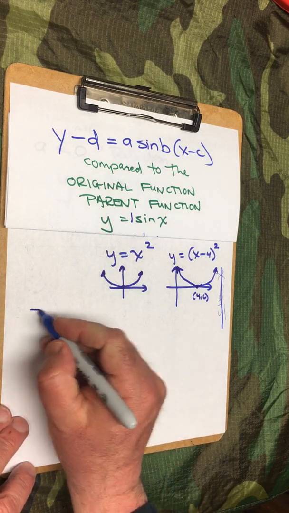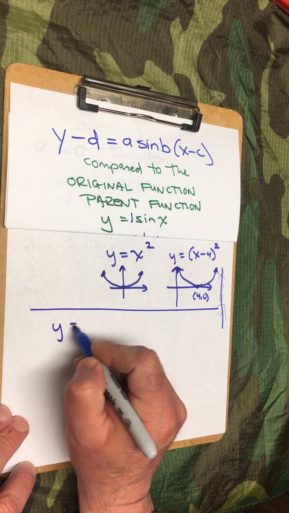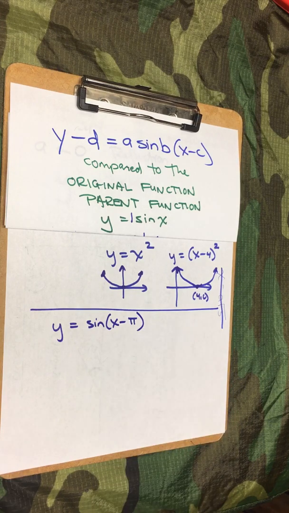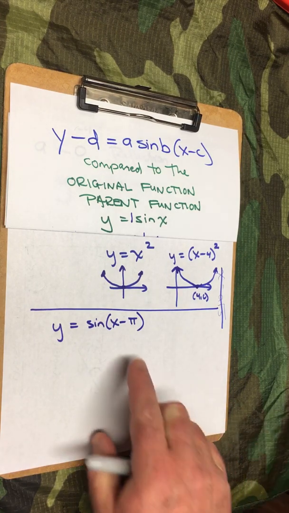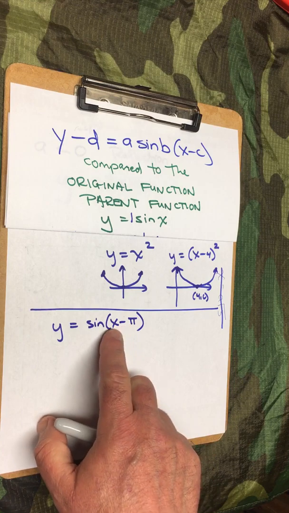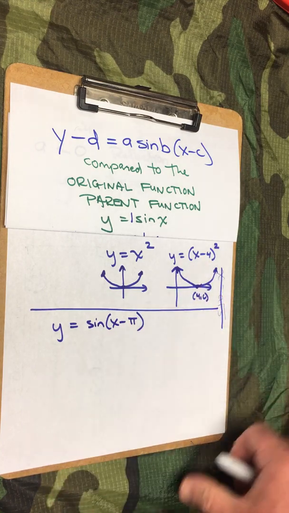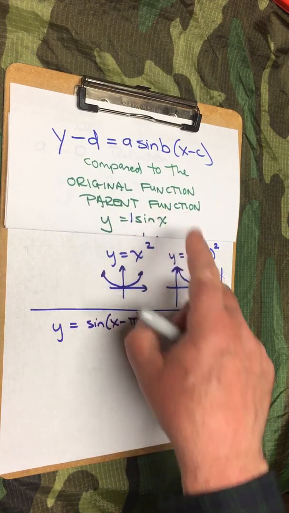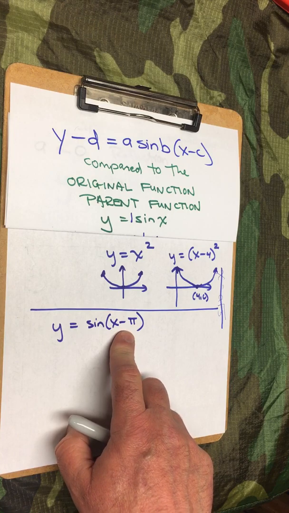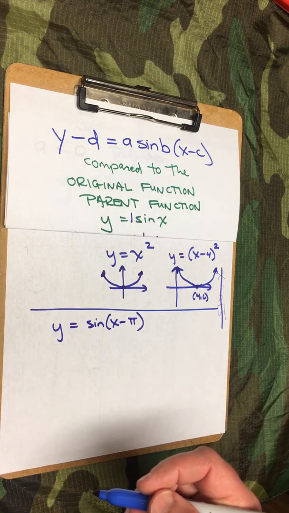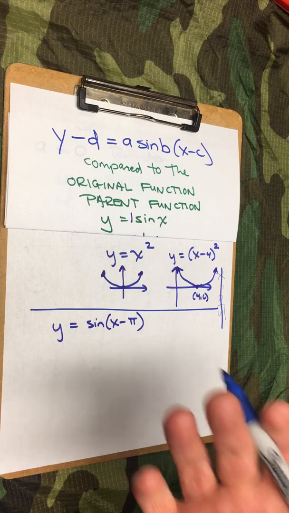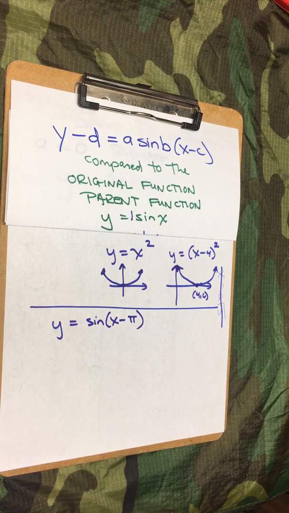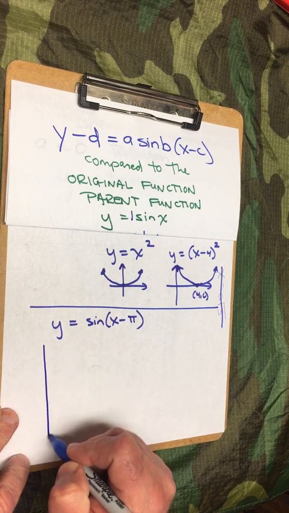So teammates, let's say that I've got the function y is equal to sine of x minus pi radians. Again, just by looking at this, the concepts are just the same as working with parabolas, the other functions you studied. I know that in comparison to the original sine curve, this shifts the sine curve pi radians to the right. And again, the math makes sense. We could actually use a table of values to show that's true, but intuitively, I'm going to look at that. And if I'm asked to graph one cycle,